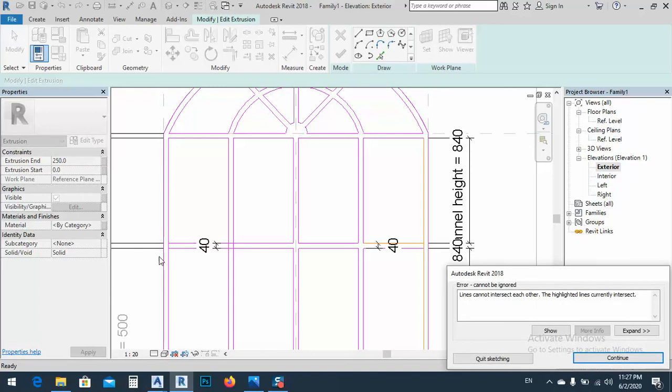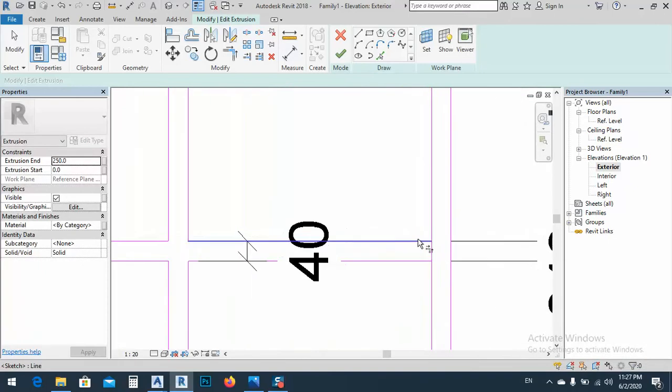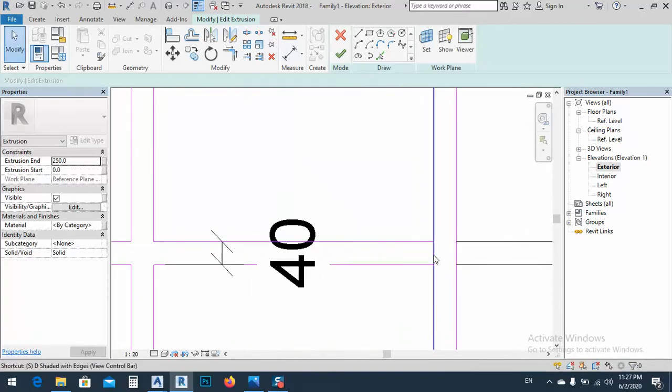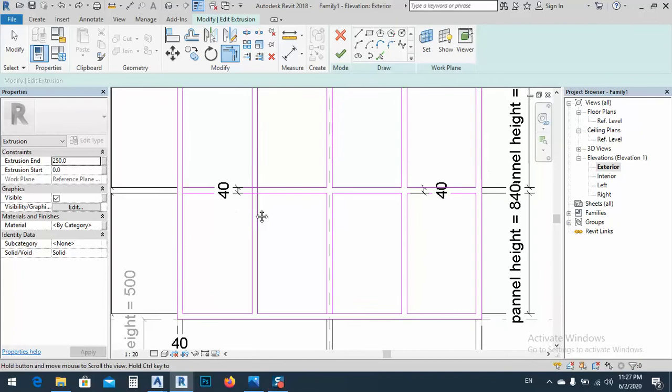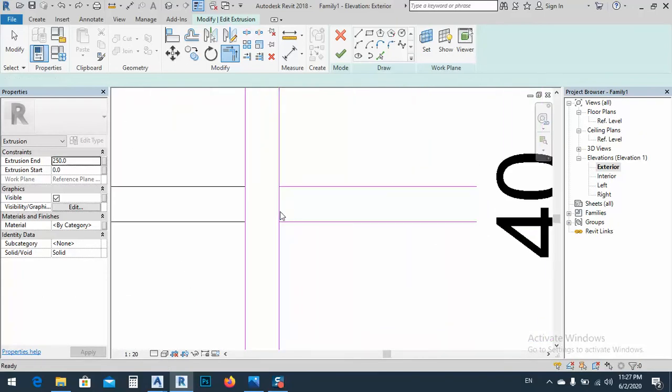Oh, sorry, we have these two also, we have this here. So SL for split, trim and extend, I'm sorry, trim and extend this line, this one, split, trim, extend,